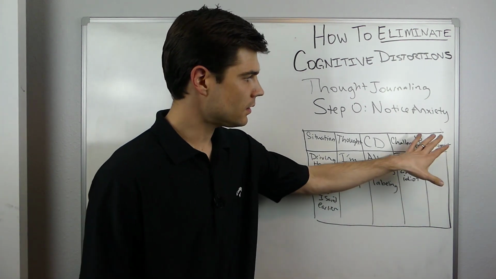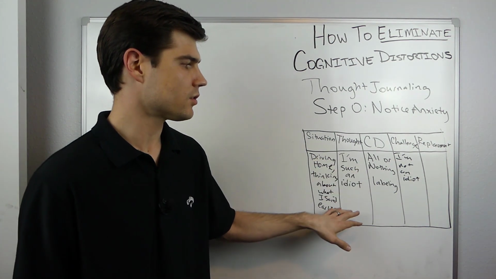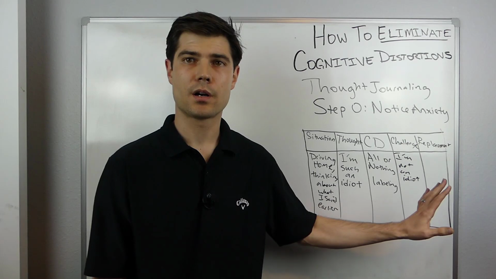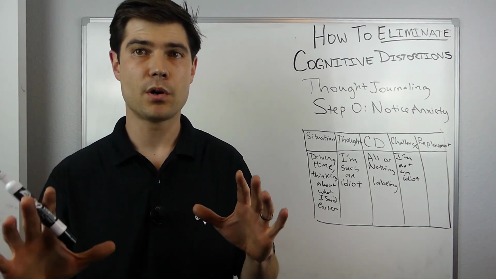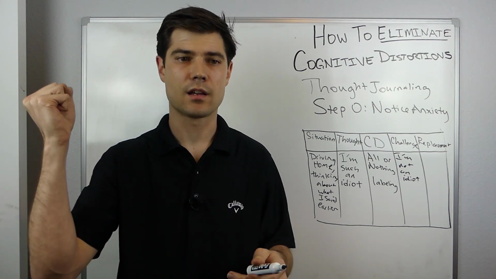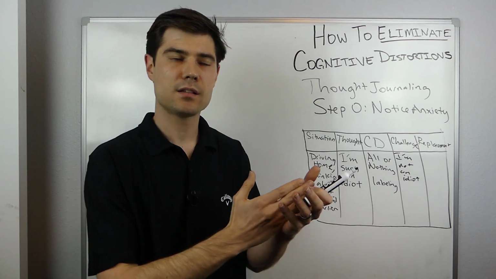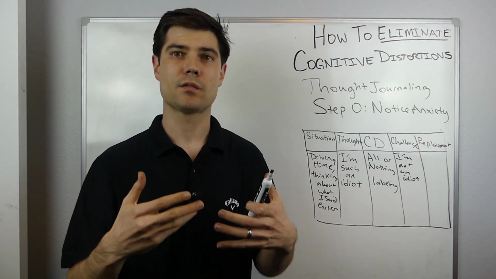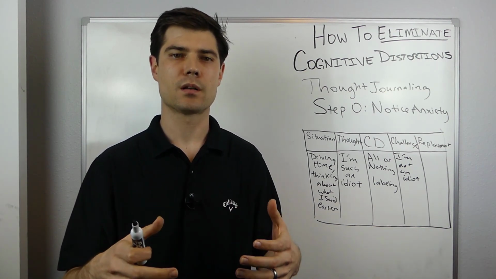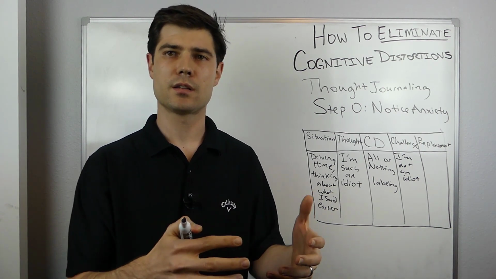And so this maybe will be the most personal part of this. The thoughts are actually going to be pretty personal, but now every time you go through this 5-step process, this is like doing a push-up for your brain. Okay, this is your brain's chance to catch its negative thinking, identify the flaws in it, and then fight back against it and replace it with an objective, rational thought. This is your chance to basically work out your brain and exercise your muscles to feel good instead of feeling